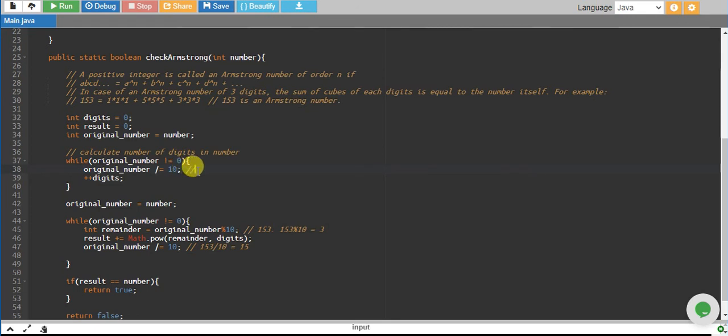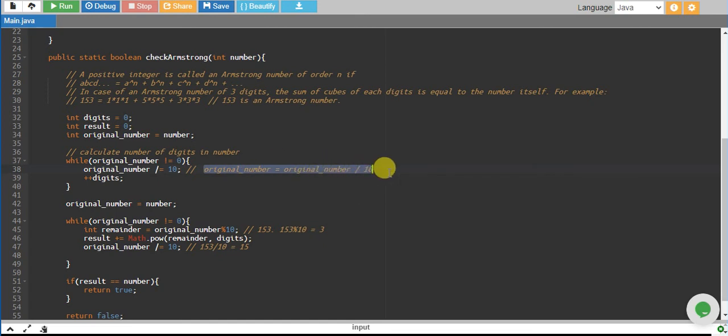How are we doing it? Let's say we have the number 153, so we divide it by 10 and this equals basically 15.3. But because original number is an integer data type, it will not include points. So the 0.3 will be eliminated and it will be assigned only 15. So 15 will be assigned to original number. So what we are basically doing by this code is just eliminating one last digit at a time. Oh, and also original number divide equals 10 is actually the same as original number divided by 10. So this code and this code are both the same. This is just a shortcut, so I prefer this one.